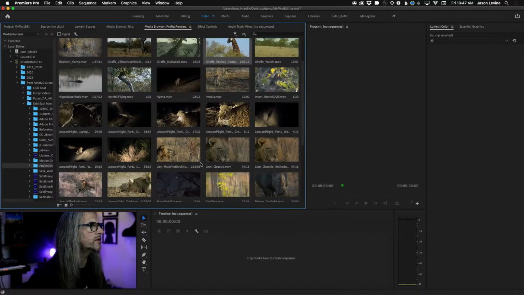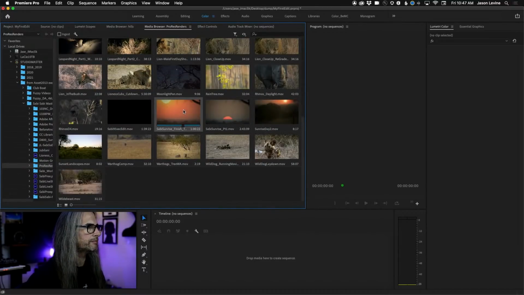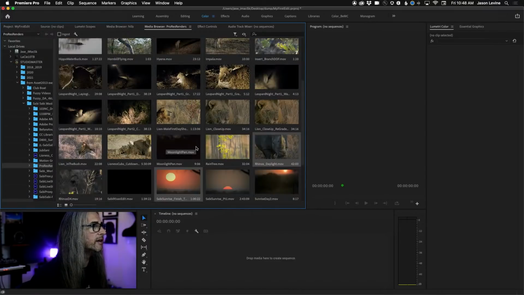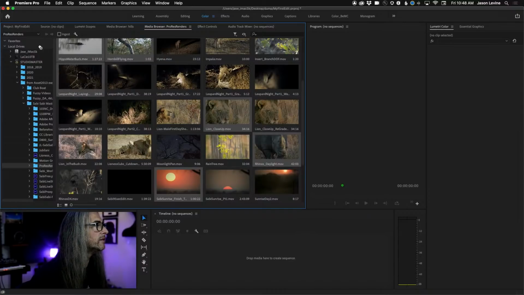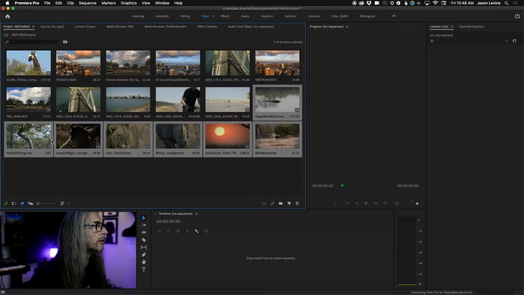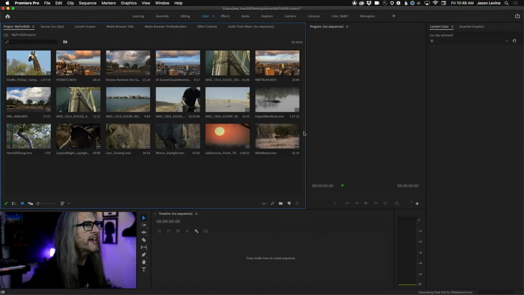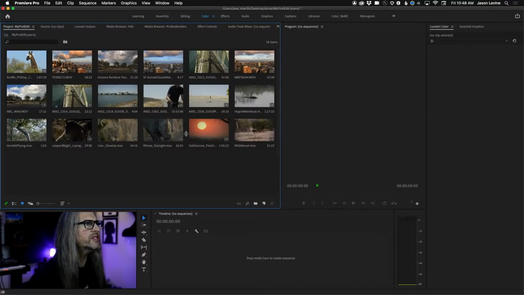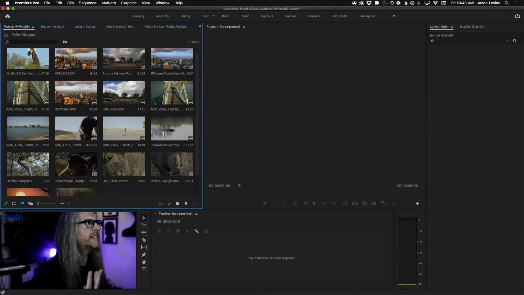They're just so cool. Make sure I just multi-select. I don't think I had my command button down. All right, this will be good enough for right now. Drag these over. Boom, more footage. Okay, so with the icon view, again, you can do some basic storyboarding, but it's always going